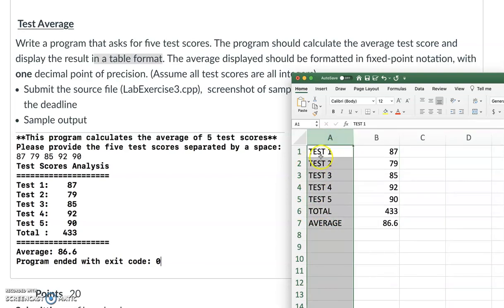The same thing here: you see our titles for test 1, test 2, test 3, test 4, test 5. Even the average and the total are all here, so they are in the same column. And the same thing, you need to specify the next line for the values, which are in one column as well. So in order to show the table format in the console output, we need to